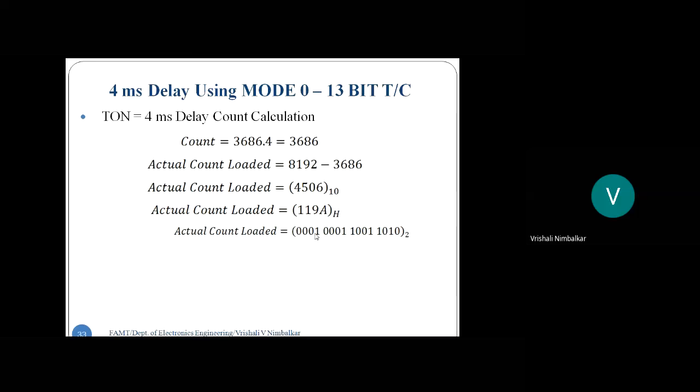Now out of this 16-bit count, what am I going to use? Only the 13 bits, 0 to 12. Okay, students. And out of that 13 bits, the lower 5 bits go in the lower register and the immediately next 8 bits in the higher register. So what are the lower 5 bits? See here, students, the lower 4 bits and the 5th bit. So what is the 5th bit? 1. And the lower 4 bits are 1010. So these are the 5 bits that will be loaded in TL0 register.